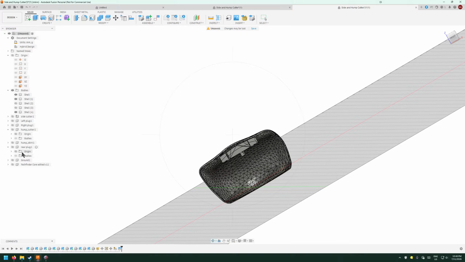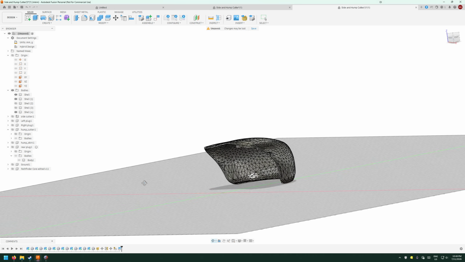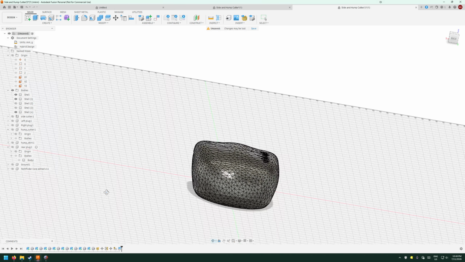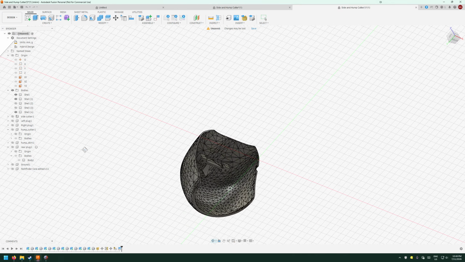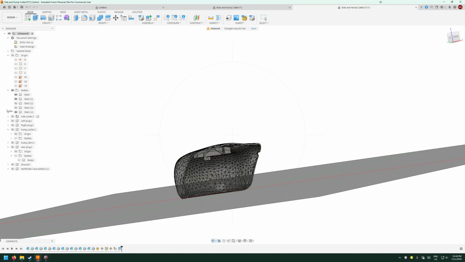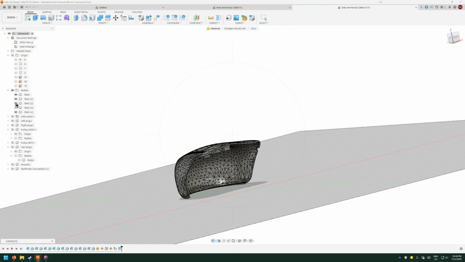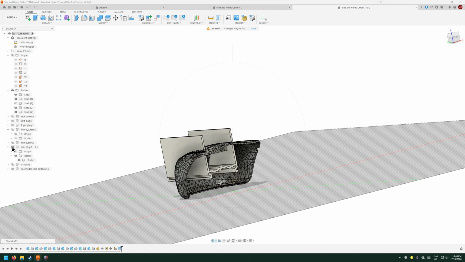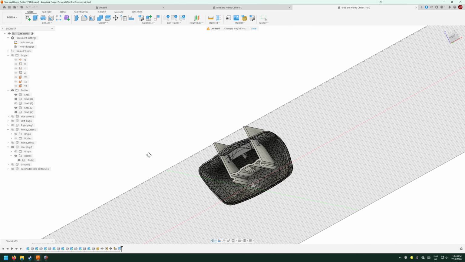Rear plug 1, body. What? Oh, did I mess up? Oh, there we go. That's how I got it back. I think I went too deep in. So basically, at this point,